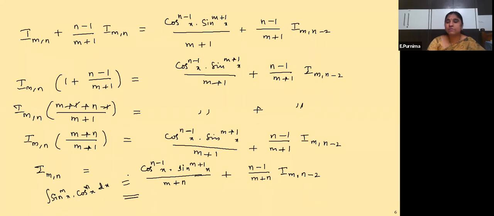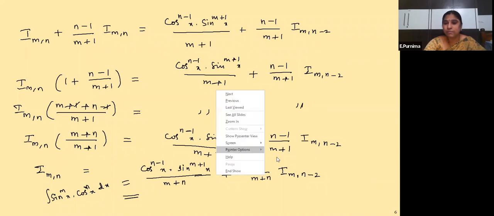And the same kind of sum, children, you have in the exercise also. But only the thing is there n is a positive integer, m can be greater than or equal to 2. So similar to this sum only we have to do. Only the thing is here whatever you did for cos, there you should do it for sine. Only that is different. The rest of all is same. Clear? I hope you followed the sums, children.